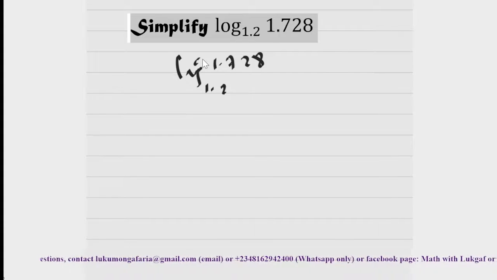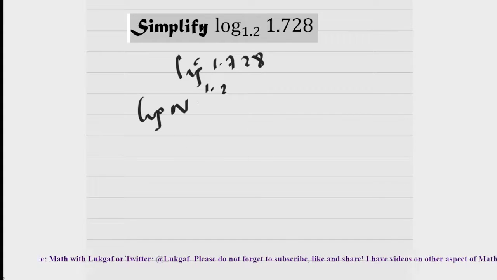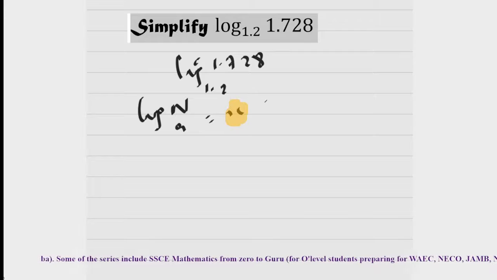In that video, I told you there is a relationship between the logarithm as well as the indices. Because by the definition of logarithm of a number, say n, it is the power to which a base is raised to give you that number. You understand now? So what I'm trying to say is that we have log n base a equals x. Indeed, this x is your logarithm.